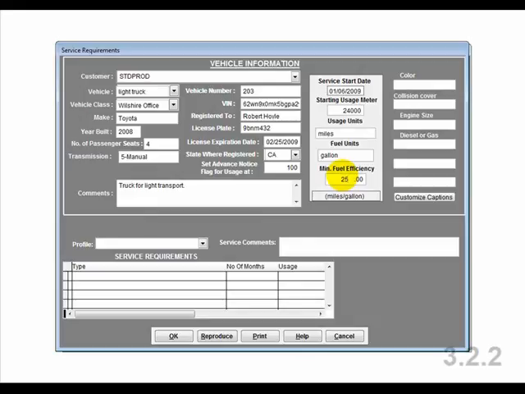The miles driven in the last log entry is divided by the fuel used to obtain the fuel efficiency. See video 3.3, Recording Vehicle Usage Logs, for how to enter usage logs. If the fuel efficiency is less than the number you enter here in the minimum fuel efficiency field, then the